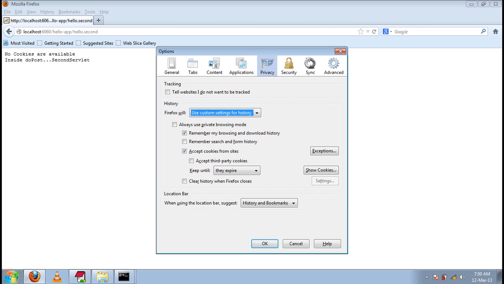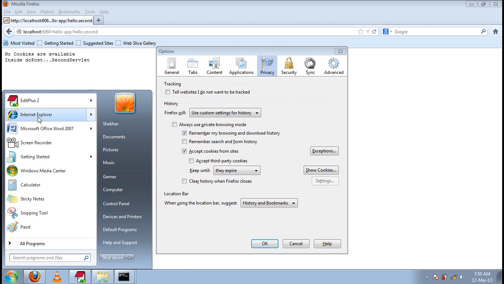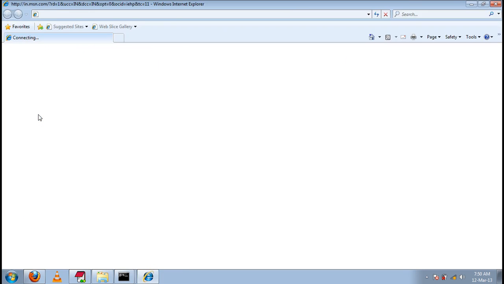I'm not sure how it will be in Firefox, but in Internet Explorer,